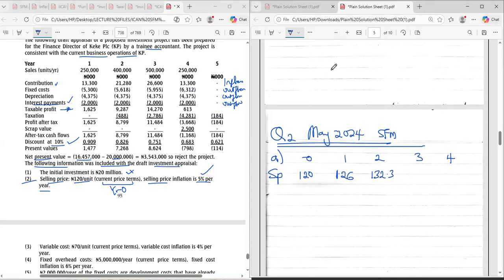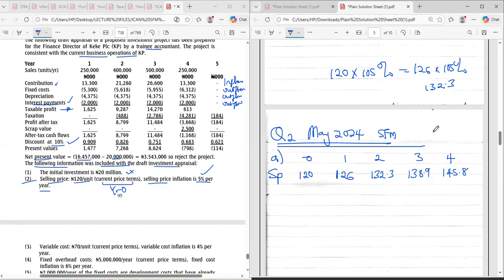You will not take something serious. 120 times 105 because you are increasing by 5%. So you got 126, times 105 divided by 100. That's the meaning of 105%. You get 132.3. So this one times 105, what do you get, sir? Give me the total figure, don't just give me the increment. 145.8. Thank you very much.